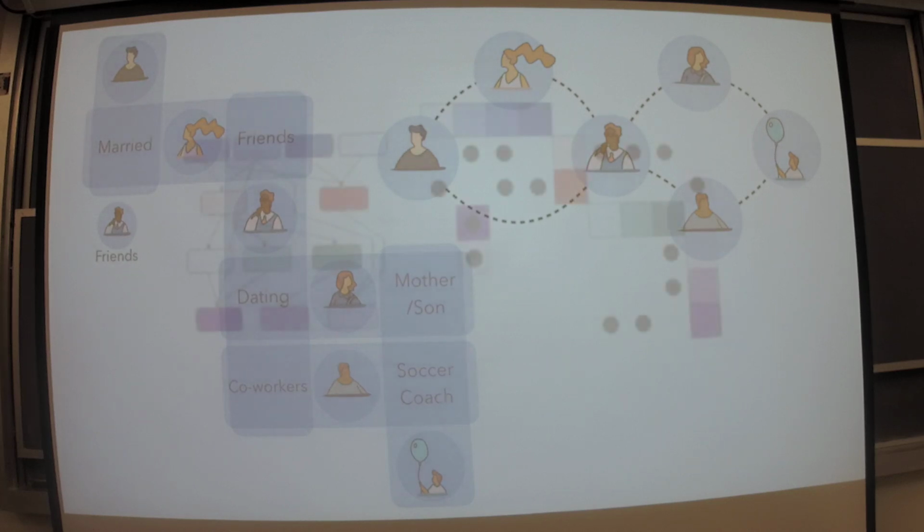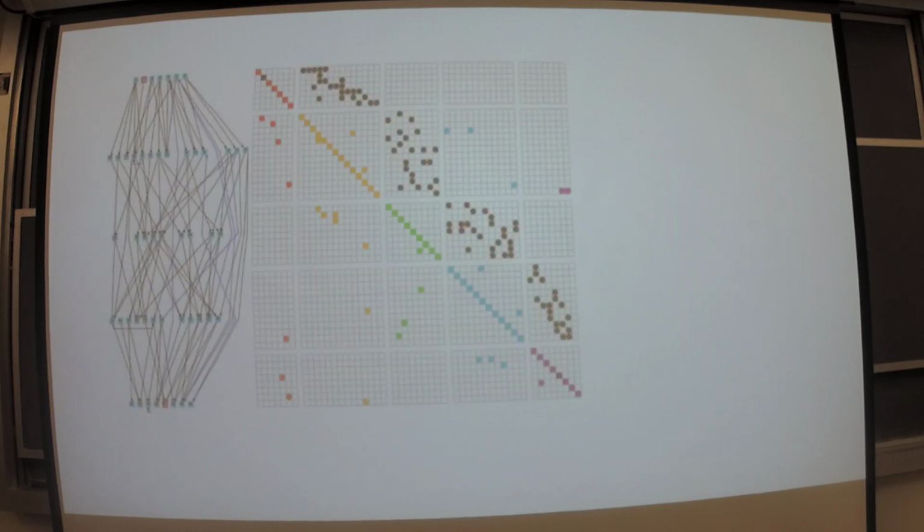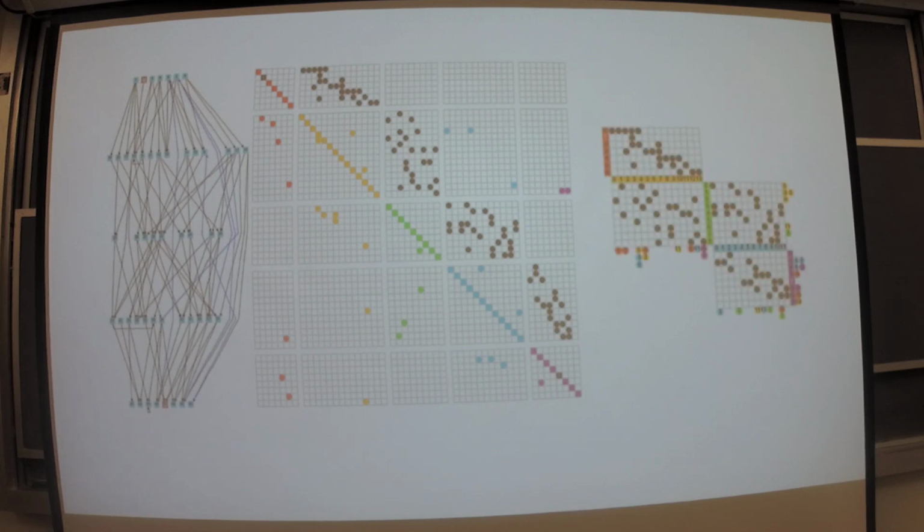The example from the actual paper that proposed quilts looks like this. Here you have the node link representation on the left and the quilts representation on the right. It doesn't look like it saves that much space compared to an adjacency matrix for a small example, but if I show you a larger example, this is the node link representation, that is the matrix representation, and this is the quilt representation. So it's cool, it's much more compact, and it leverages the fact that inherently with layered networks, you